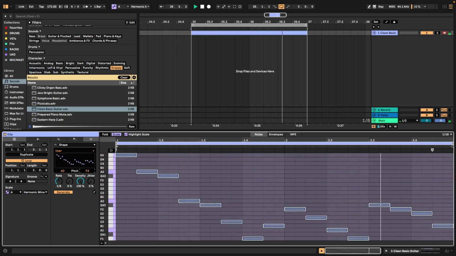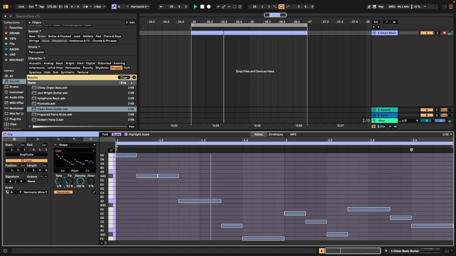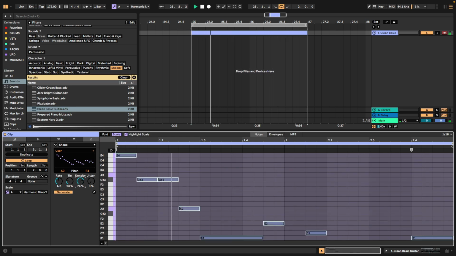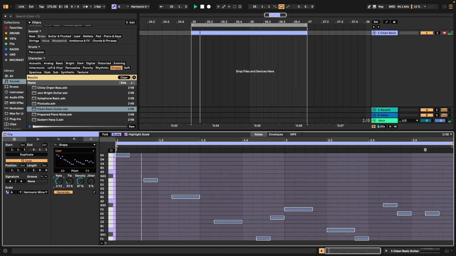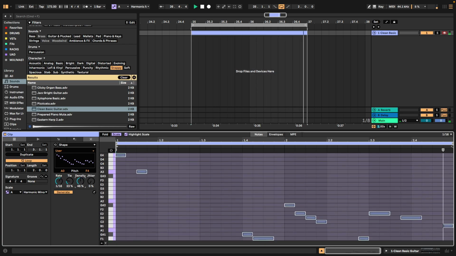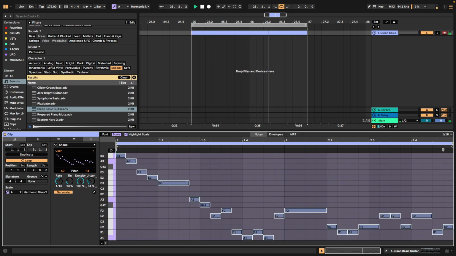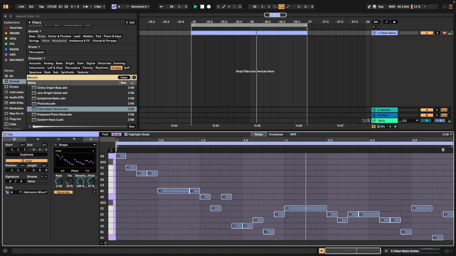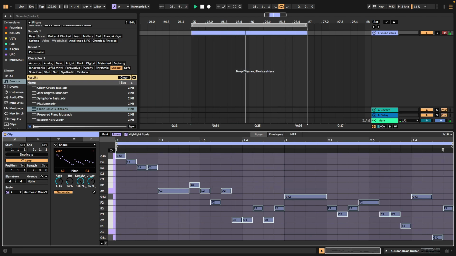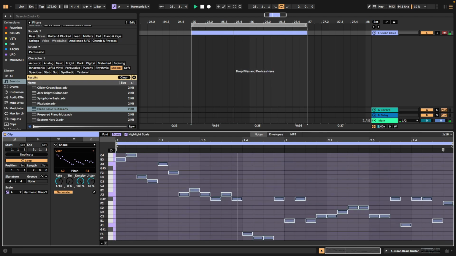I can change a lot of the feeling. Using tie, I'm just making some notes longer just to make much more groove in this section. Density is according to the number of notes. And I can even apply jitter that applies a little bit more organic feel to this shape I made.